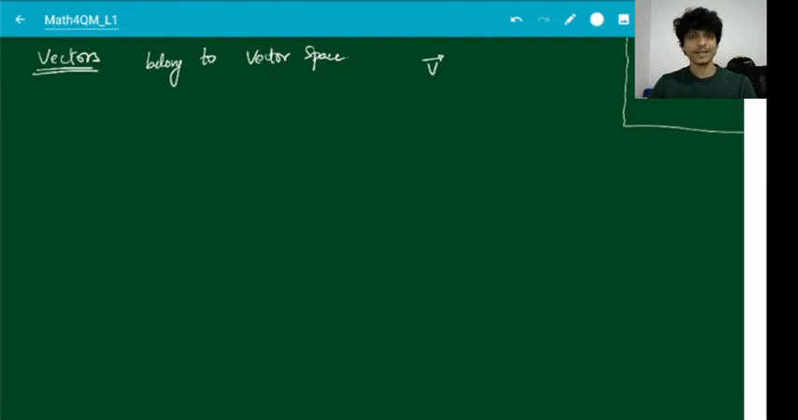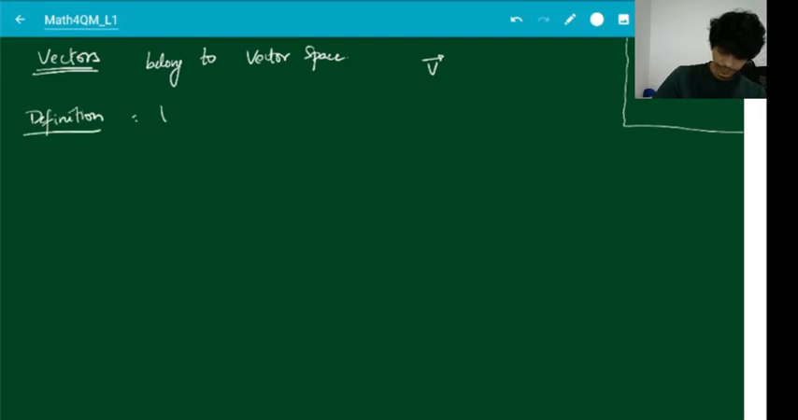So for example, when you're talking about addition of vectors or multiplying by a scalar quantity, you always at the back of your mind think of it in terms of what you know about your vectors in three-dimensional space. Okay, so let's start formally by defining what is a vector space. So we are doing a definition. A vector space, and let's call it capital V,